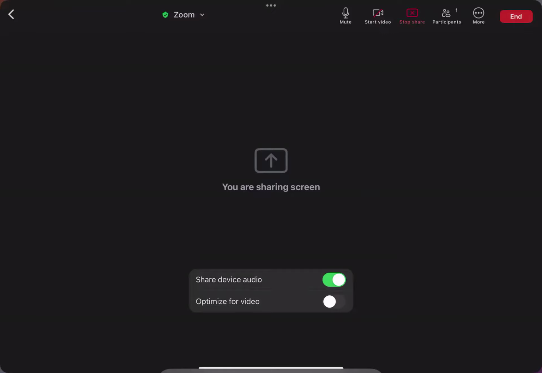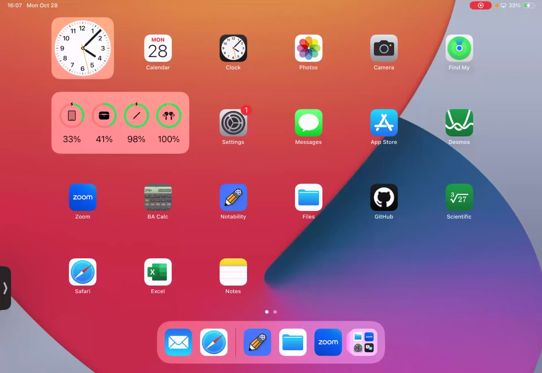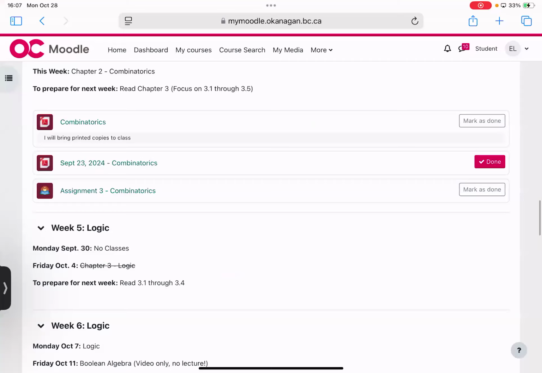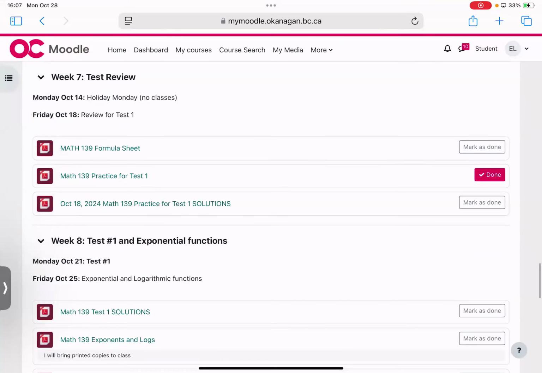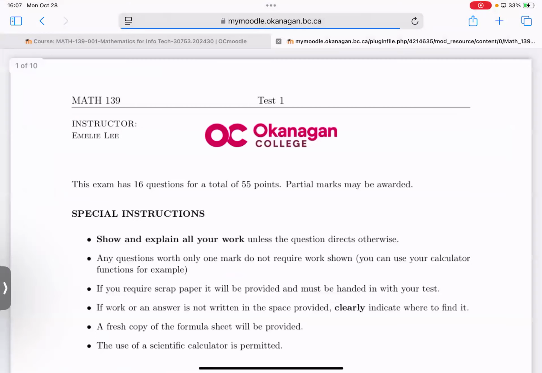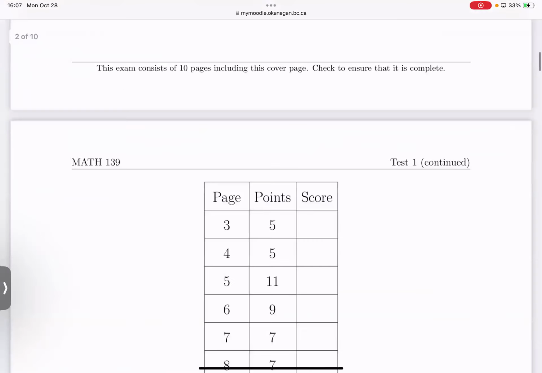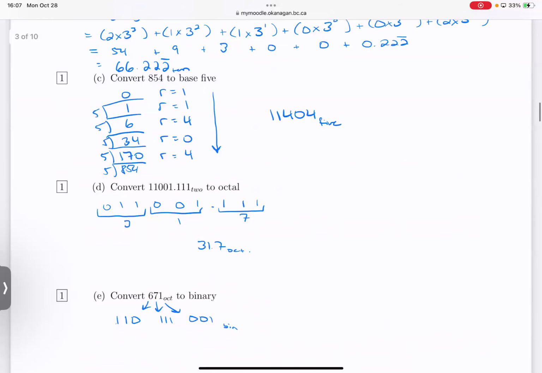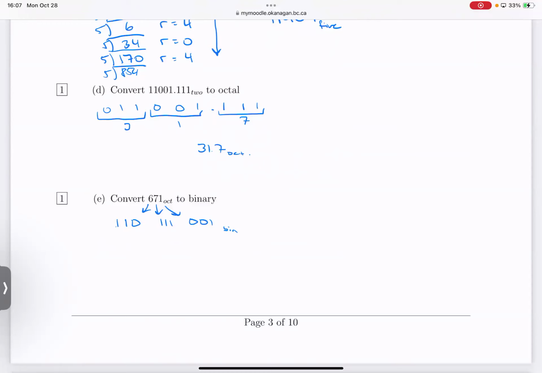So I was marking those late Friday night. And so one thing that I do want you to check is I posted the solutions. So the test one solutions are on Moodle. Now, one thing that I absolutely need you to check is, well, first, that the total at the bottom of